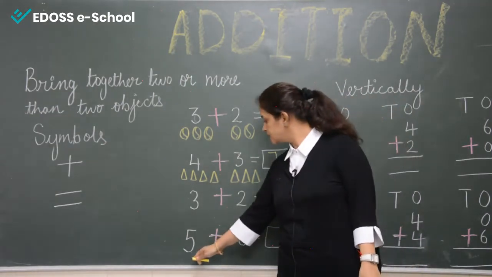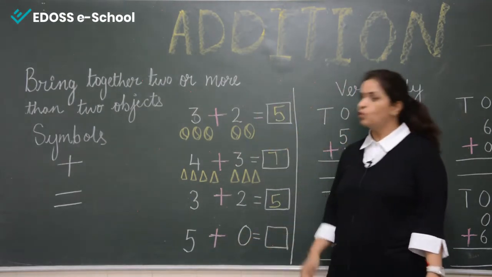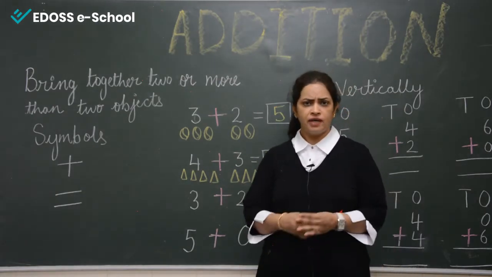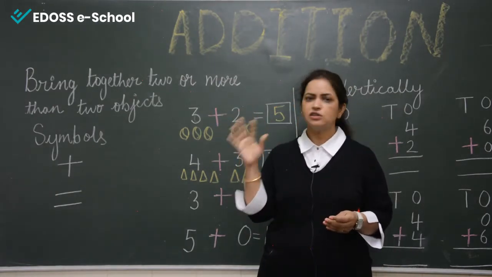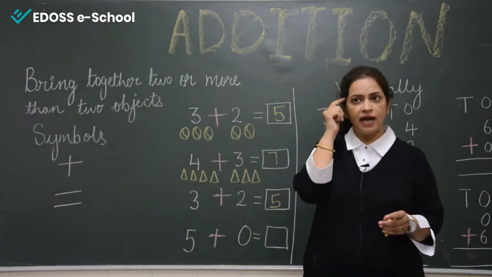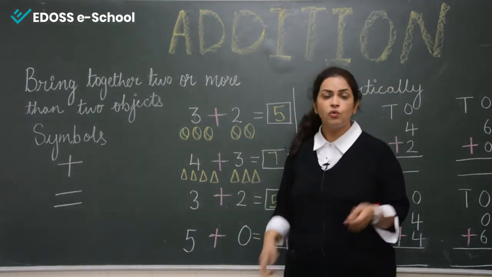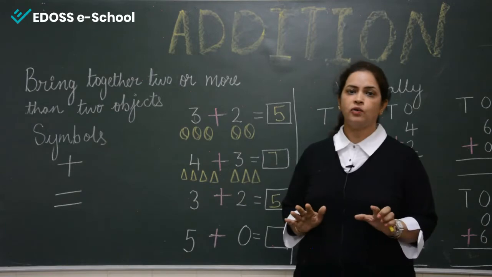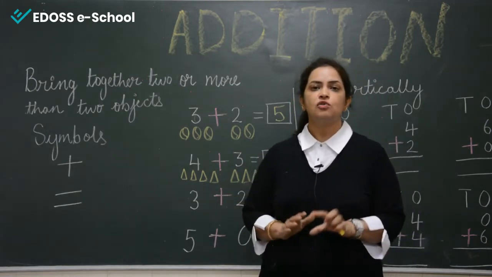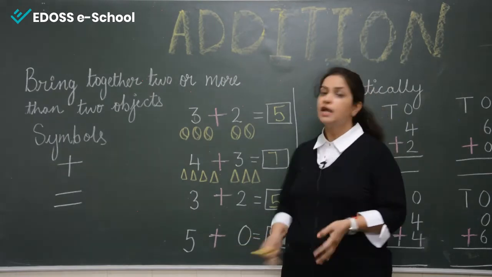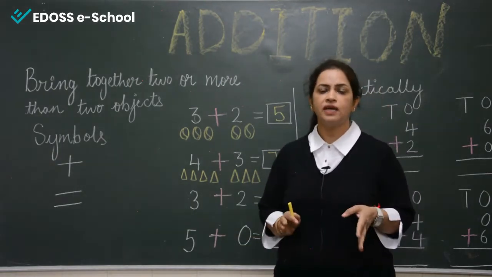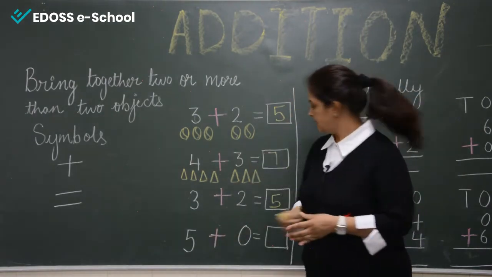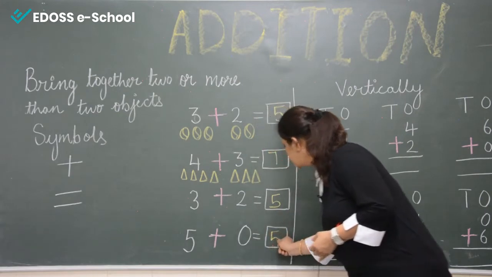Now this is another statement. 5 plus 0. Okay. So what is the bigger number here? The bigger number is 5. We have 5 fingers. Yes, you can count like this also, or you keep 5 in your mind. And 0. 0 means nothing. So we don't have to keep any finger out. 0 doesn't have a value. So we will not draw any object for it and we will not take out any finger for it. So the number will remain same. 5 in our mind. So the answer will be 5 only.